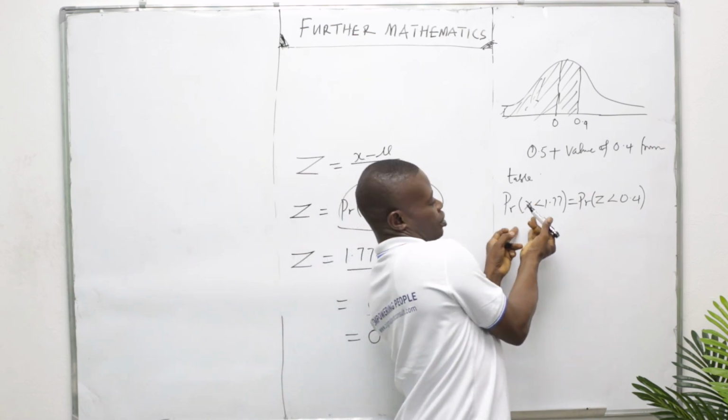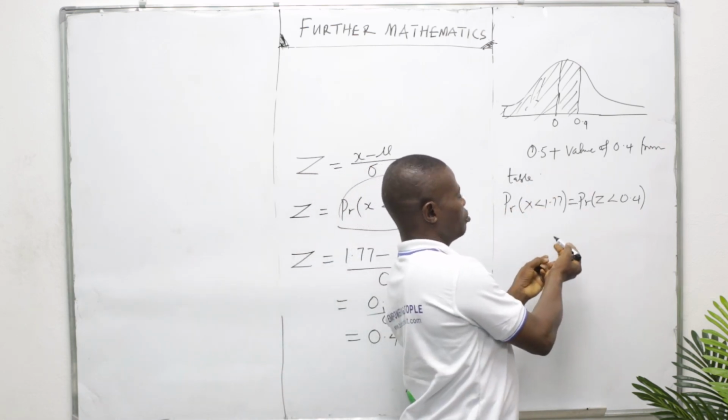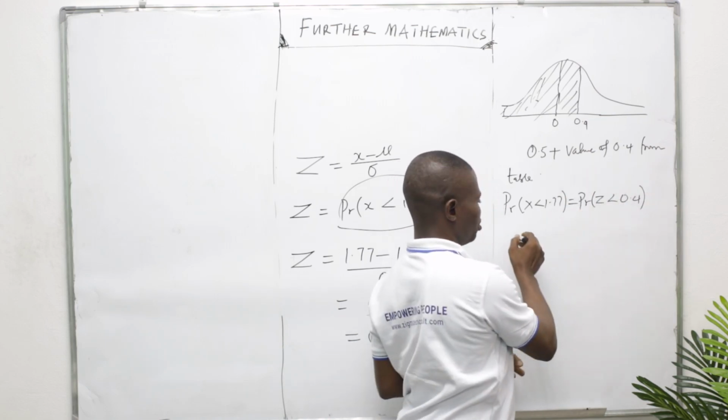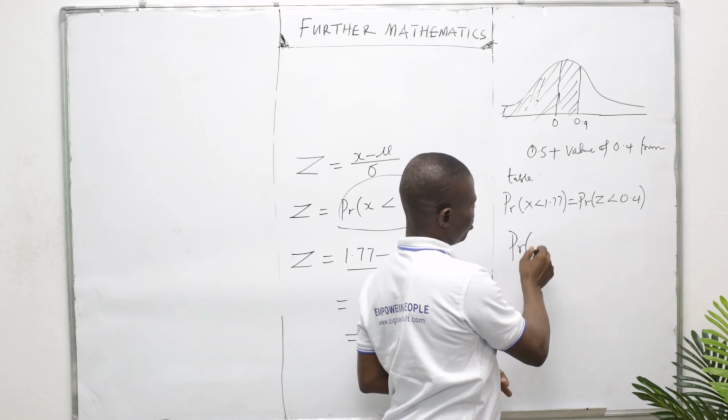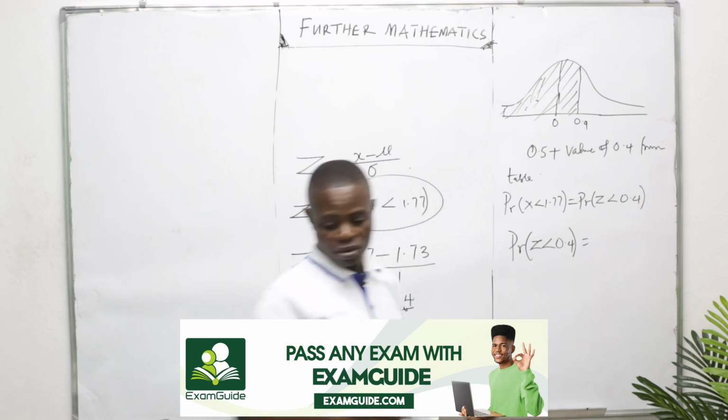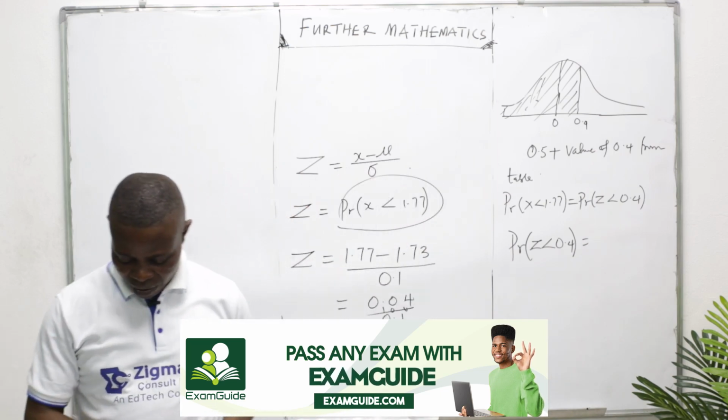Now this is a pre-solution. Then this is the one that will lead to the final solution. So the probability of Z less than 0.4 from table will now give us